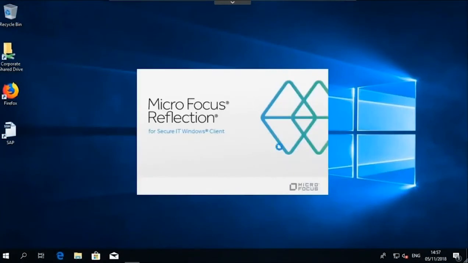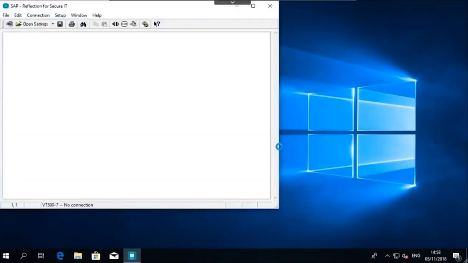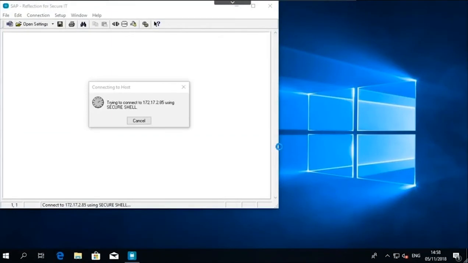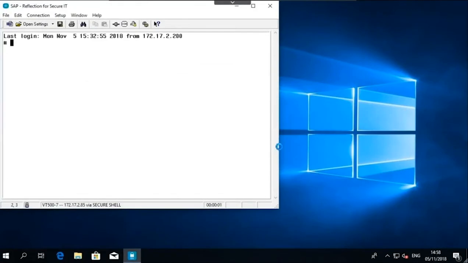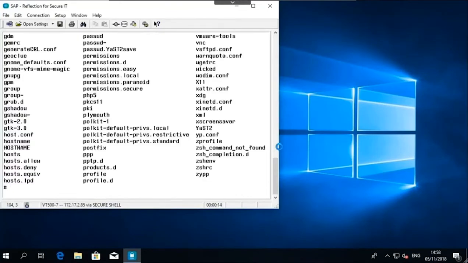Here he's using Micro Focus Reflection, which is an SSH tool that we offer in order to incorporate IAM principles into your SSH or terminal processes. So right upon logging into the application, Kim is viewing who he has access as, and he can see that he has access as root. So he's going to do a few different things here that we normally would not allow end users to be able to do.